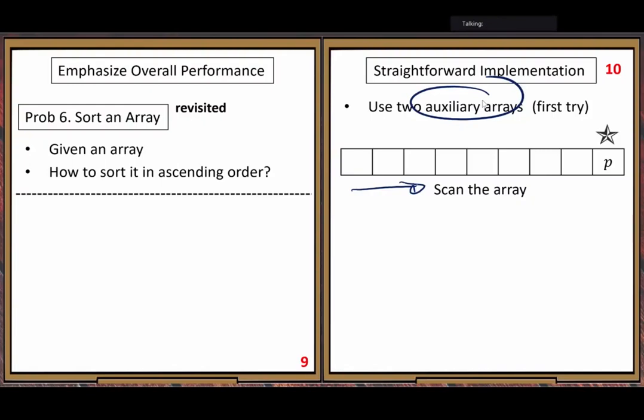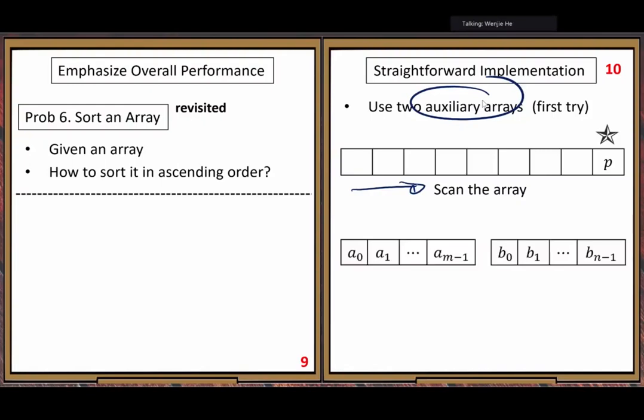Because we have two auxiliary arrays, let us put two empty arrays ready to store the two subarrays after the split.